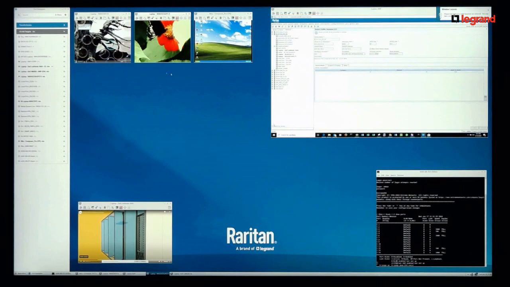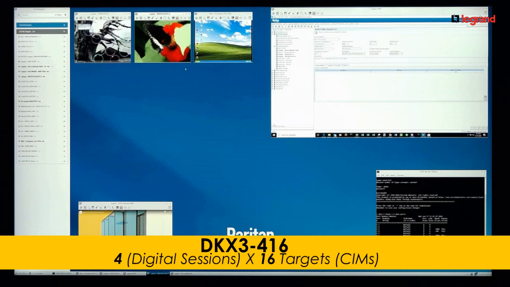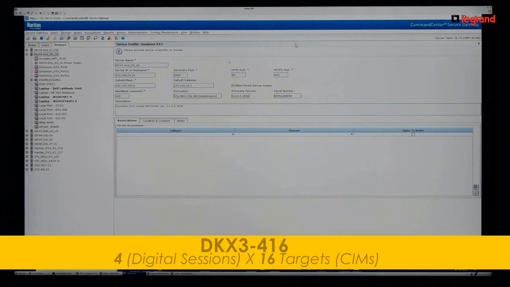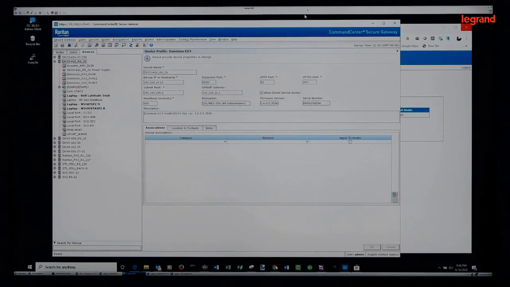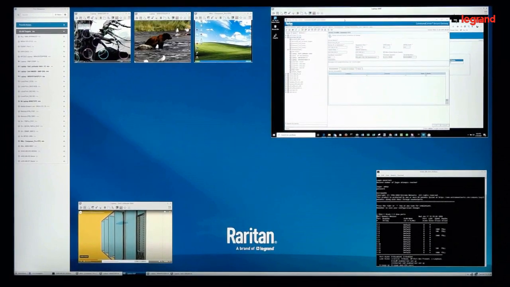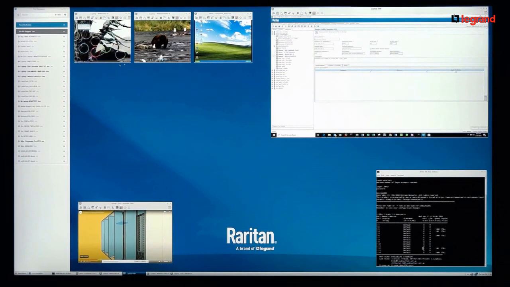I have 3 targets that are connected to a DKX4-16, so 4 digital sessions to up to 16 targets, and that's going to be represented here in the command center that I have up, where you can see this appliance, and then we have our 16 connections, which will be referred to as nodes, and we have 3 that are highlighted. Might be hard to see, I apologize for that, but those are the 3 that are currently active. So if you have a command center and you're doing the aggregation of the points, you can see who's active and who's working live. So right here I have 3 sessions that I know are connected to that DKX4-16, and